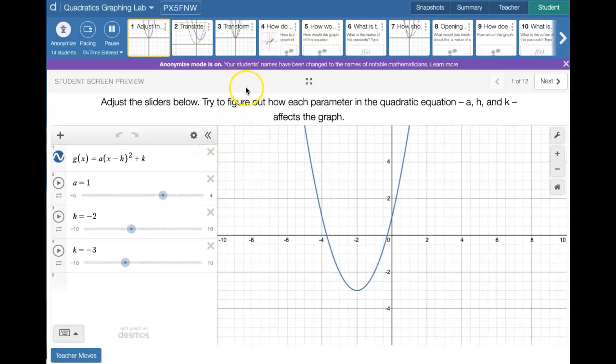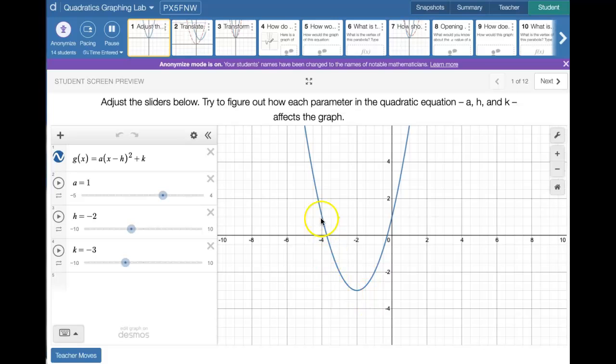In this video, I wanted to talk about these Desmos activities that I keep bringing up in my e-portfolio. I wanted to make this video recording so you can see how some of these Desmos activities work in the classroom. So this first one, students are discovering how A, H, and K in this function are affecting